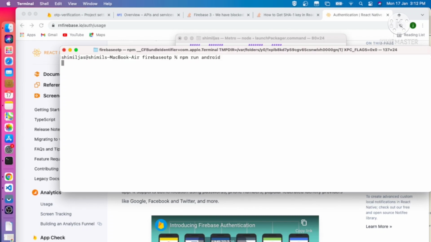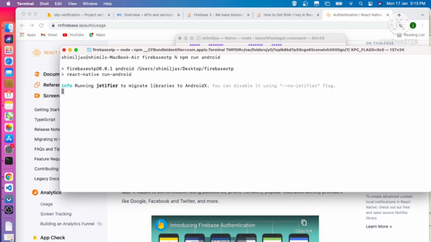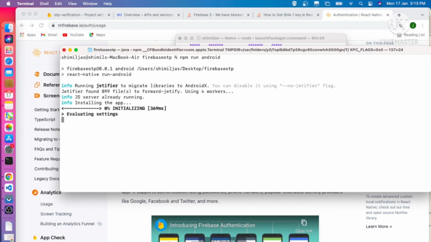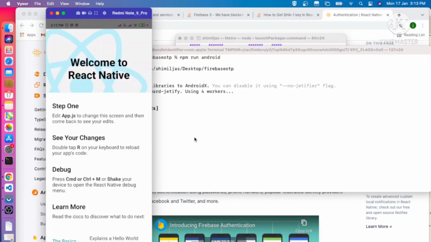So we have completed all the project's library setup and Firebase setup. Now the only thing remaining is to code in React Native to trigger the OTP from React Native. So we can just jump into that one also. Let's wait for this project to complete.